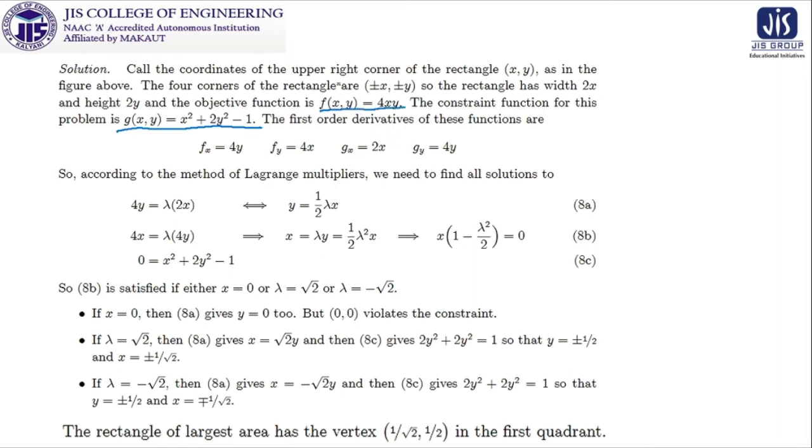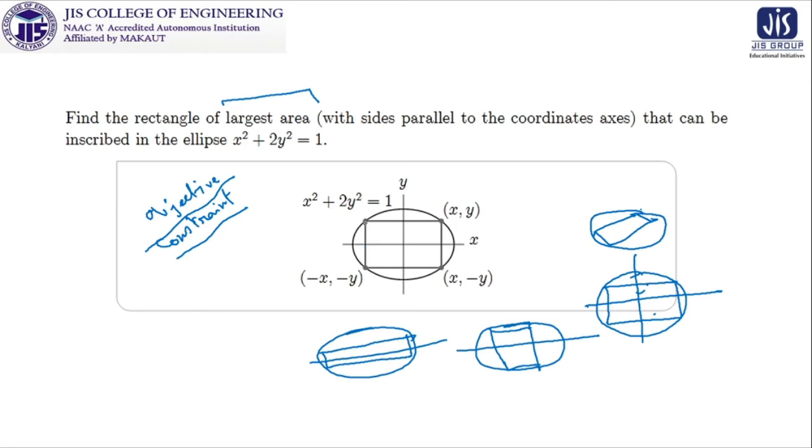Why 4xy? Because if you see this particular length, this one and this one, if this is (x, y), obviously the opposite corner will be (x, minus y), and if this is (minus x, minus y), it will be the other. So what is the length of this one? It runs from minus y to y, so it is 2y, and it runs from minus x to x, so it will be 2x. Though we don't know which x, which y, we are going to find it out for our requirement, but we know that their area will be 4xy.